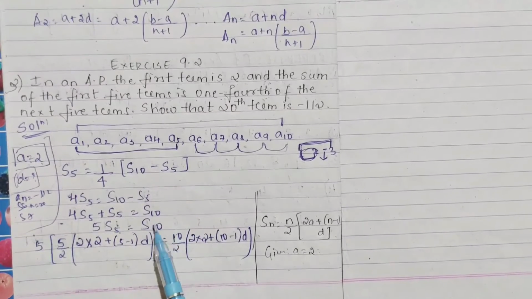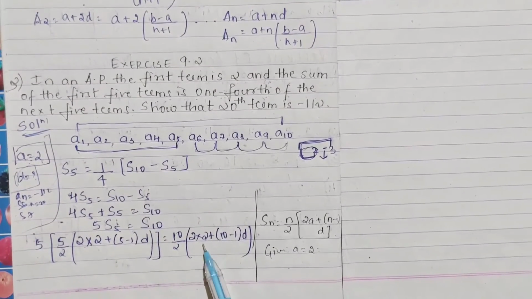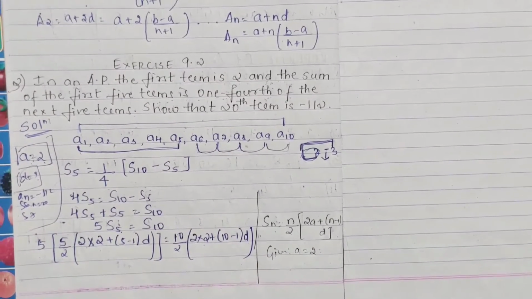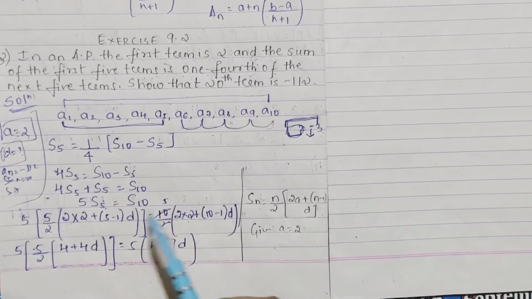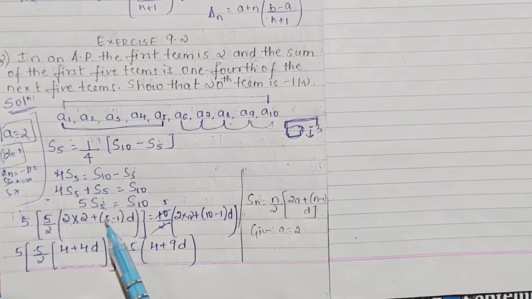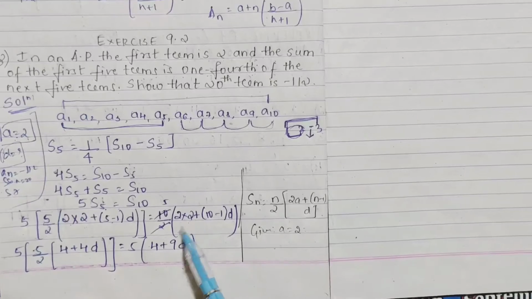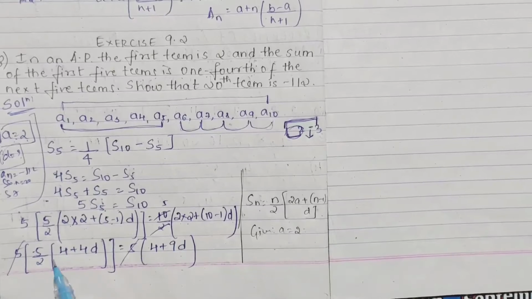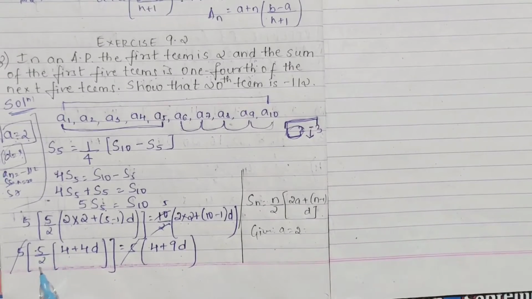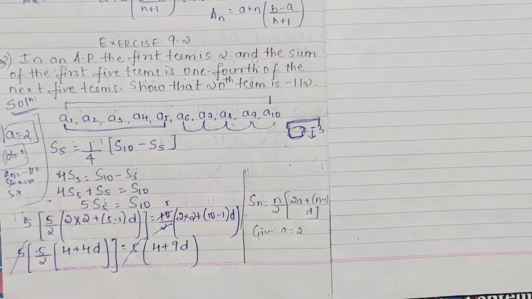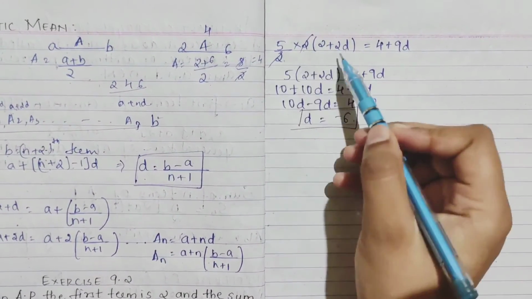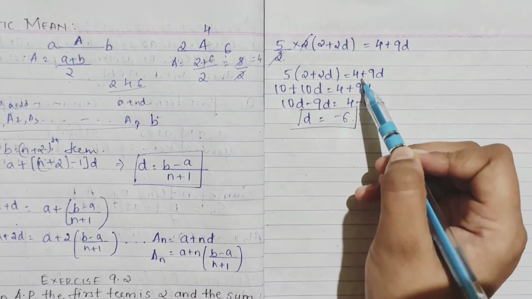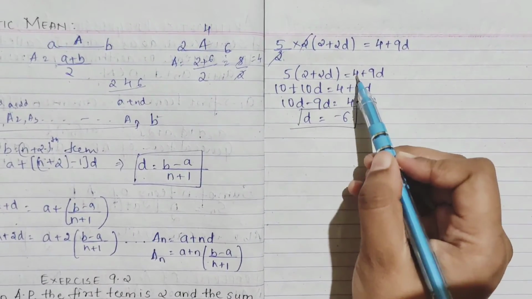10 by 2 here, even S10, n is 10. So 10 by 2, 2 into 2 plus 10 minus 1 d. Now just solve it. 2 1s are 2, 5s I have done. You will be having 5 by 2, 2 2s are 4, 5 minus 1, 4d. Here also 5 into 2 2s are 4 plus 10 minus 1, 9d. This 5 gets cancelled. Here also from this 2 I can take common, then this 2 gets cancelled. So you have 5 by 2, 2 taken common, remaining 2 plus 2d, 4 plus 9d, 2 gets cancelled. 5, 2 plus 2d, 4 plus 9d, 5 2s are 10, 5 2s are 10d, 4 plus 9d.